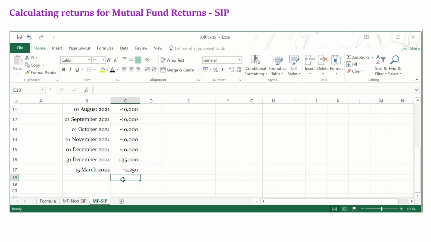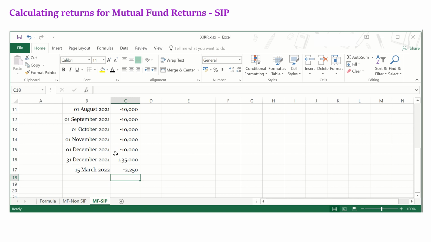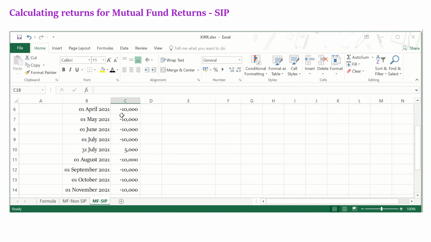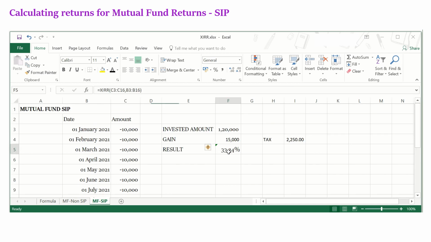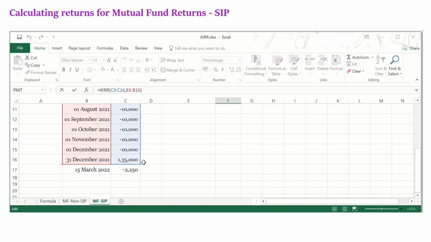Remember, I'm just taking an approximate number for demonstration. Of course, you may have to calculate the surcharge or whatever when you do the tax calculations. I'm just taking it here to illustrate the idea behind it. So you can add any number of iterations or any number of possibilities in these transactions, and you can get the results here dynamically, but only ensure that your formula covers the entire range of the transactions. See, now I enter the last value 2250, it's not getting covered, and hence it does not give an accurate result. So I need to extend this formula to cover this range as well.